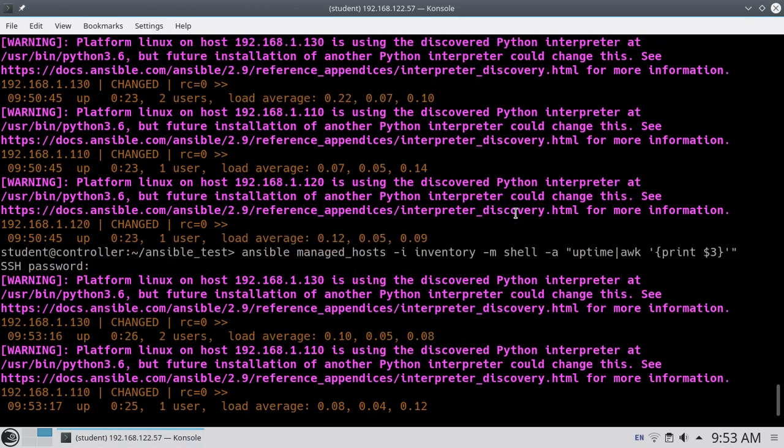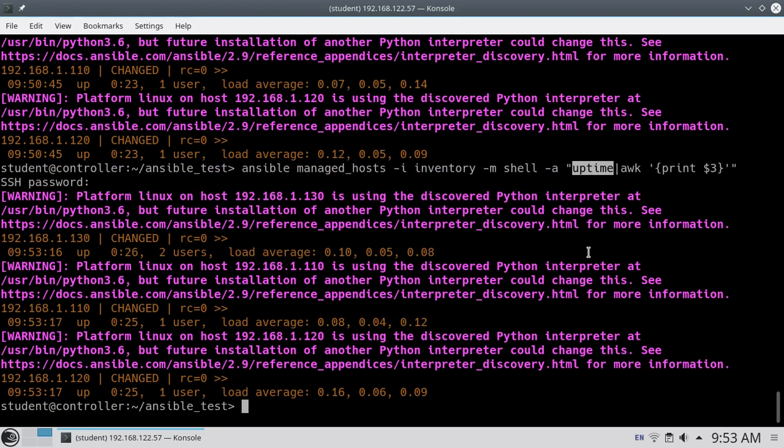What I want to say is, if you want to use something like the pipe symbol, in that case you have to use the shell module. If you use the pipe with the command module, it will not work. In the command module you have to use only normal commands. So if you want to use some shell features, you have to use the shell module. Like this you can run some ad hoc commands using Ansible and make changes.